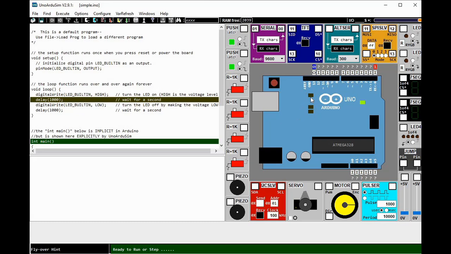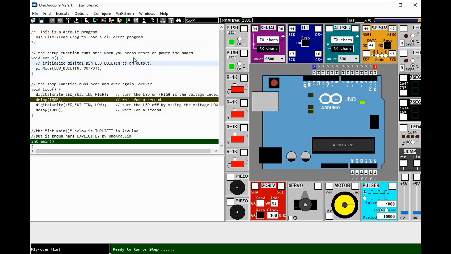The first one is an indicator, or you can use that as an output whenever you create a program. The 2 LEDs here usually indicate whether you transmit or receive certain data.